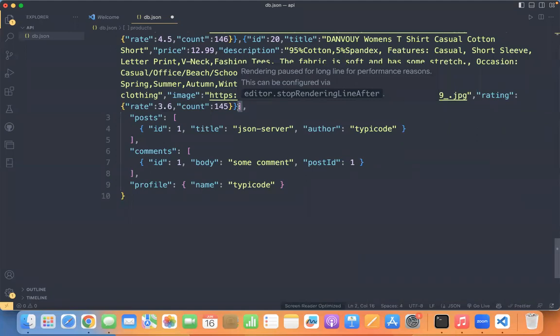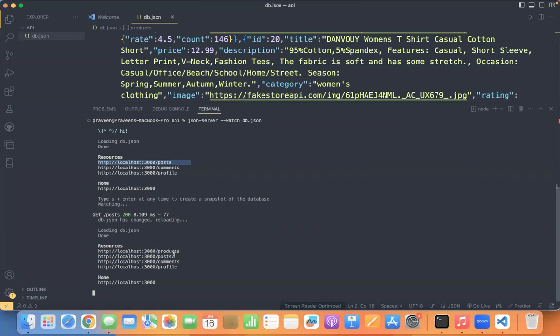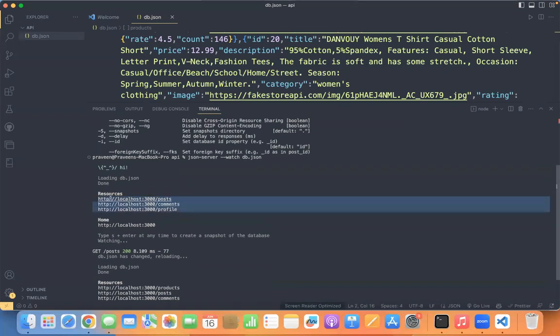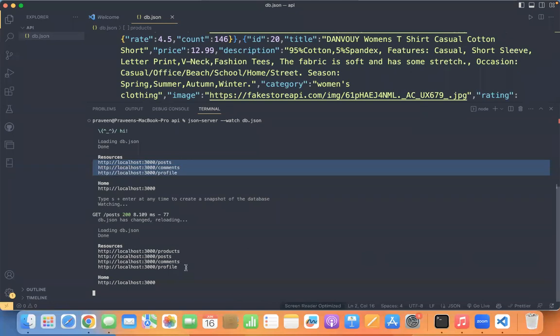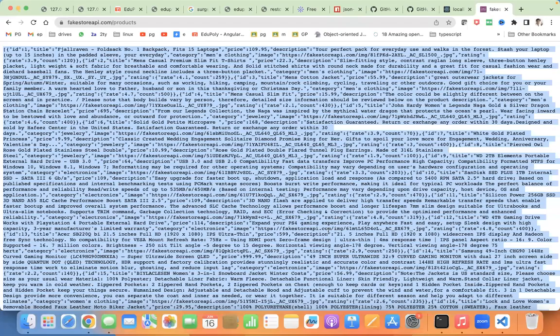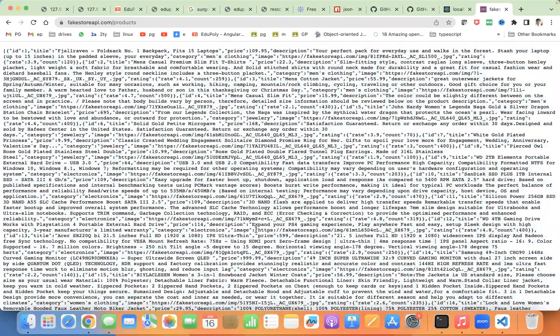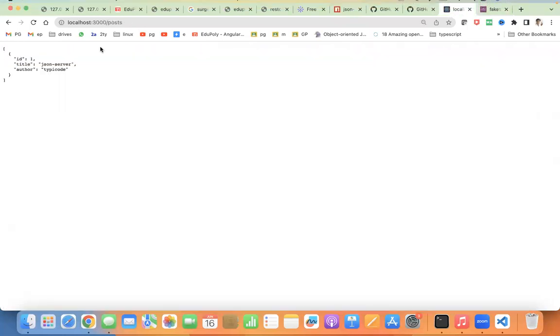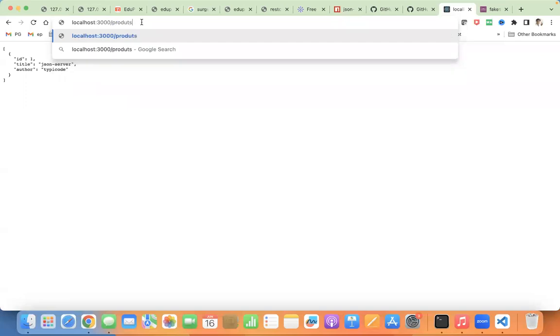Okay, now carefully observe. So far we had only 3 endpoints. Now how many endpoints we got? So now if I go to localhost:3000/ and instead of posts, I say products,